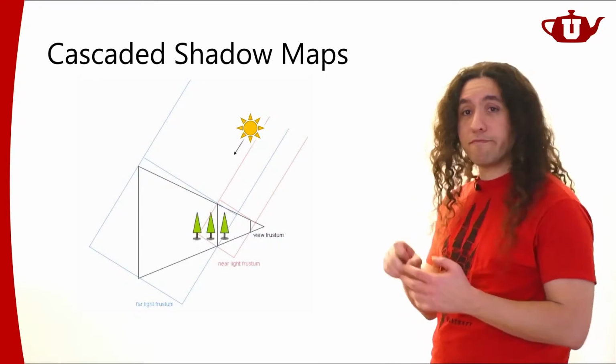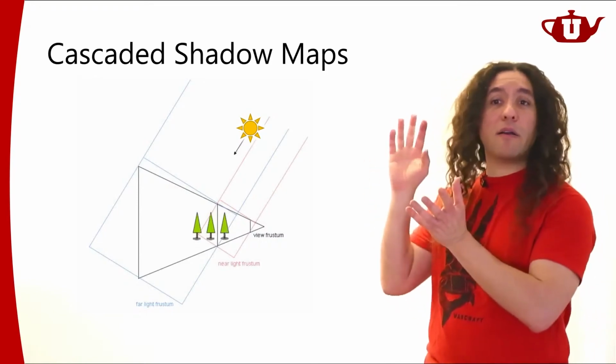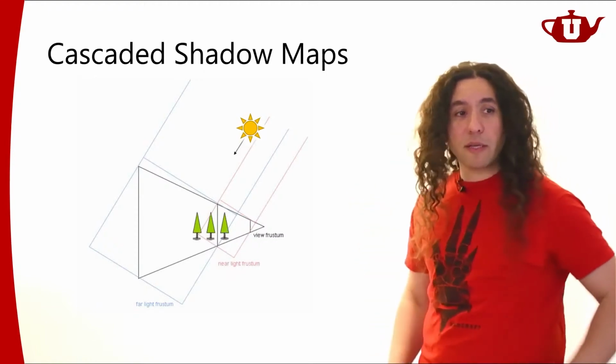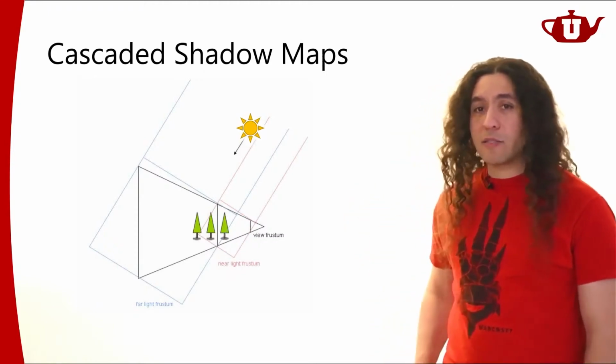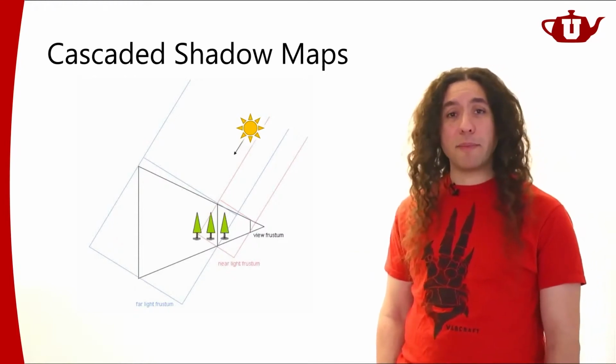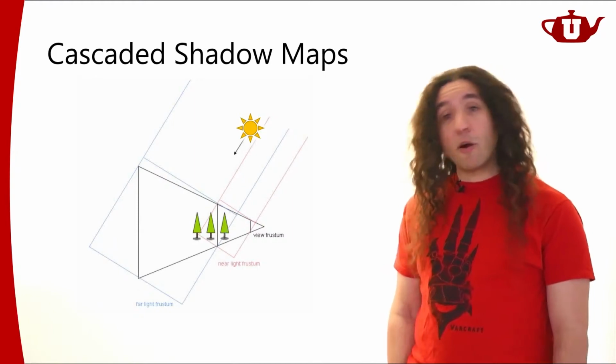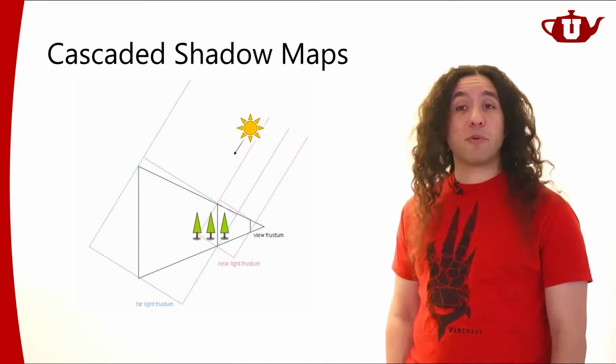Right, so if it's far, I'm going to be using the far shadow map. If it's close, I'm going to be using the close by shadow map. And that solves the problems with regular shadow maps, the resolution problem with the regular shadow maps. It also does not have the issues with perspective shadow maps.